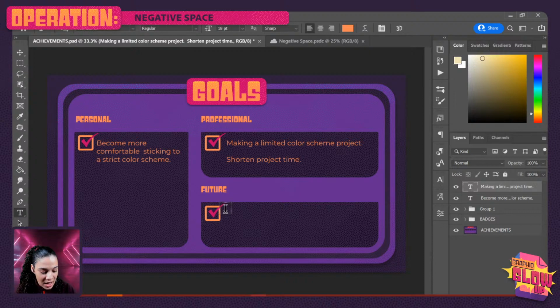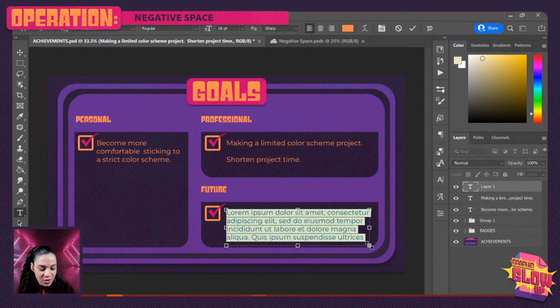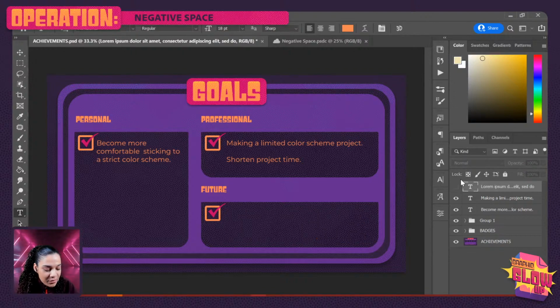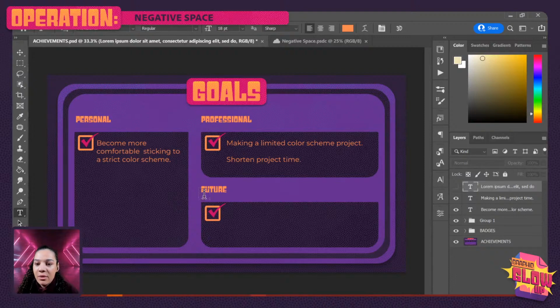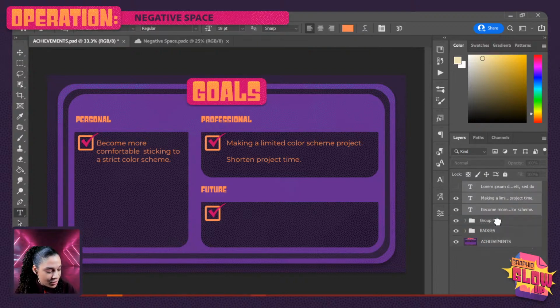And future goals, I'm not sure, because I feel like my professional and personal goals are pretty great here, and I guess the future goals are kind of similar. Like, I want to be doing these things going forward, so I might leave future blank. You don't have to be super strict with how you fill this out. So I think I'm going to leave it like that. I think that's good, and I am going to revisit these as I make my way through my